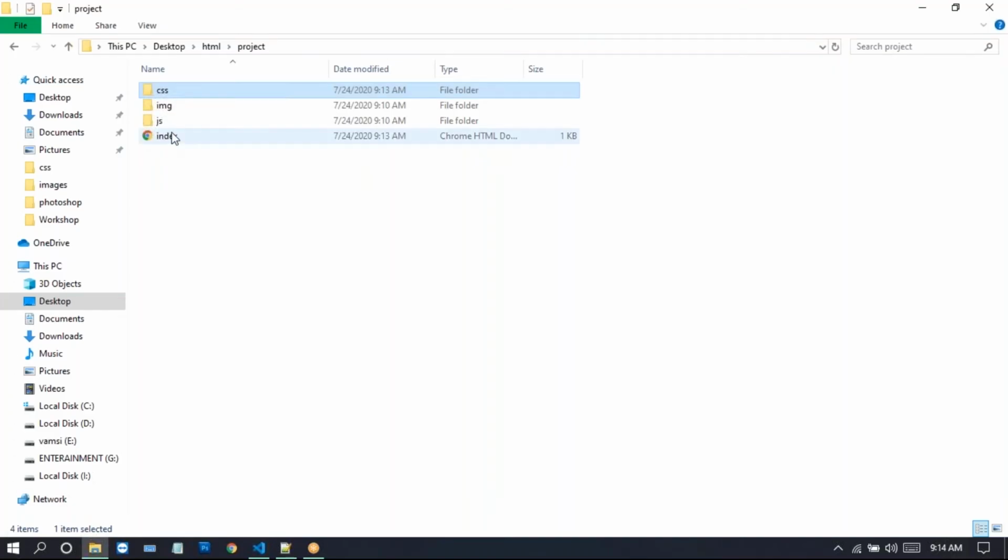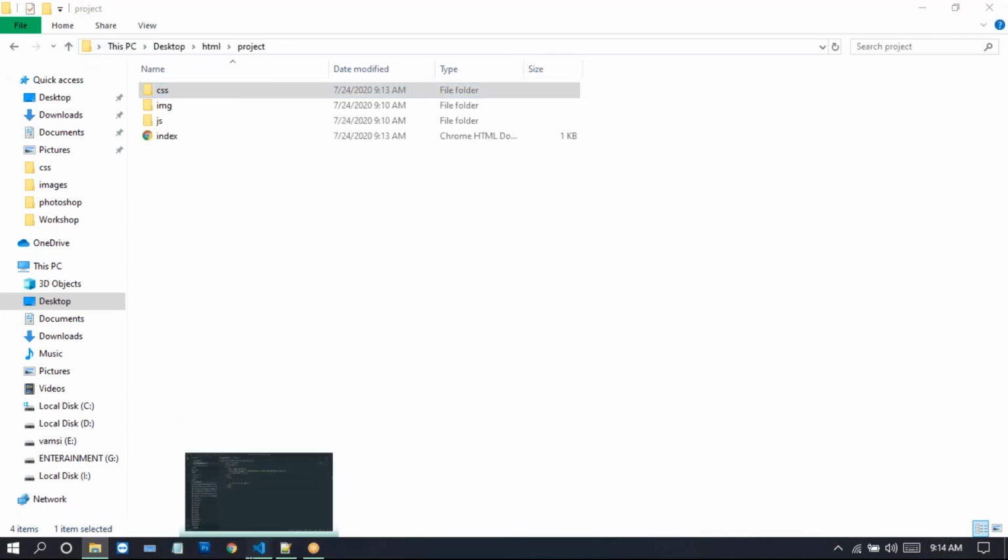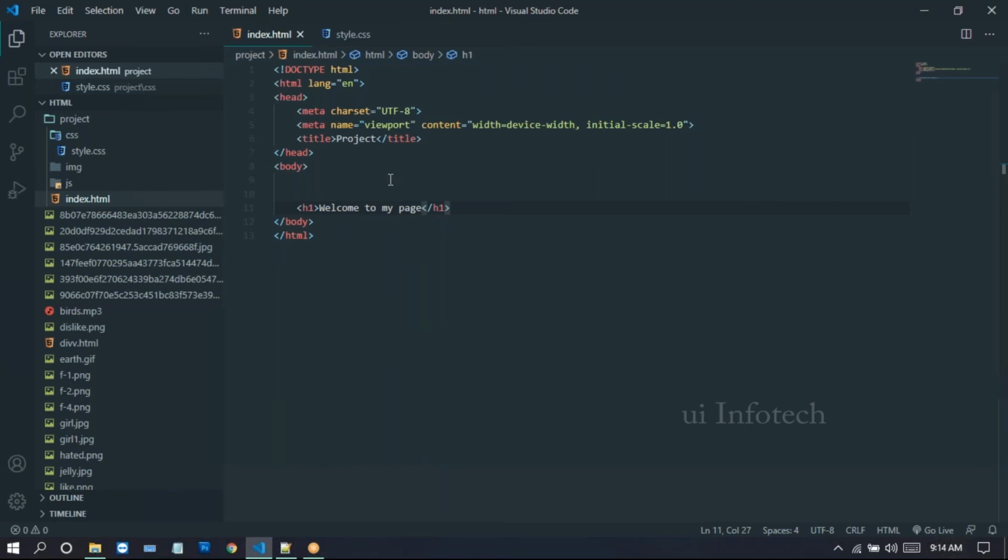Now we need to link these styles to our document. See index.html. Look at this one. This is the index.html. So where is our CSS file? Here the style.css will be in the CSS folder.